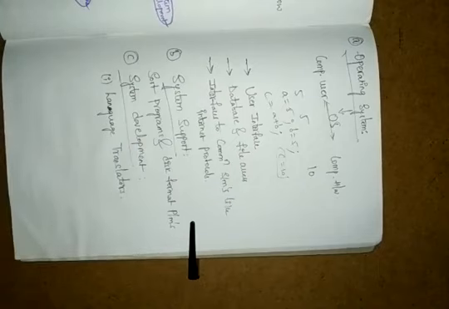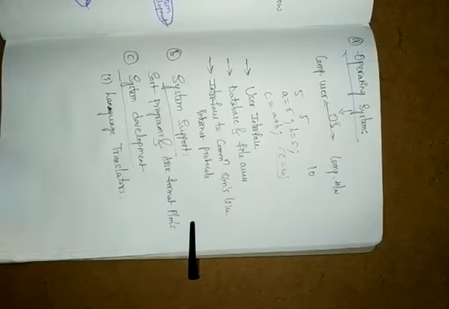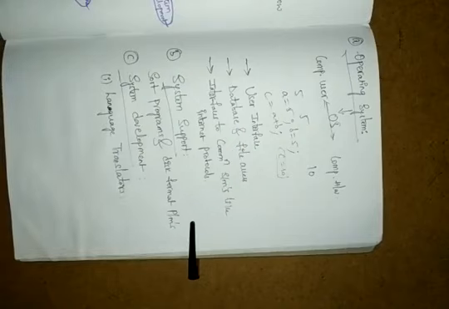Okay, so it is translating the program. The program is written by the programmers in a language like C language. Suppose here I'm writing the program in the C language, that is not understood by our computer, right? So at that time it is converting into our machine level language.